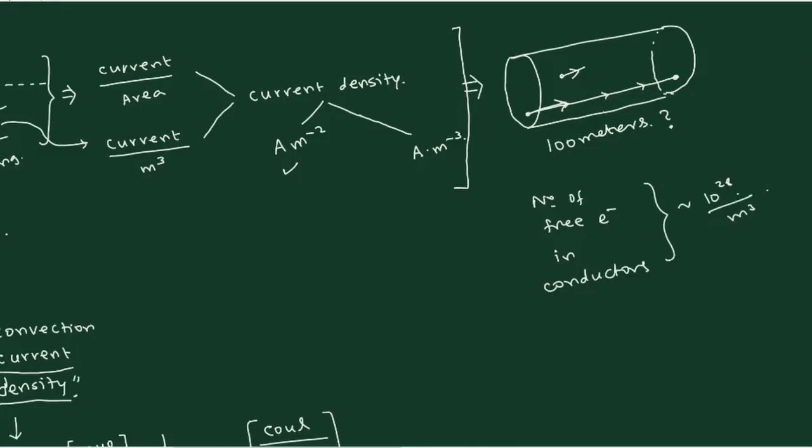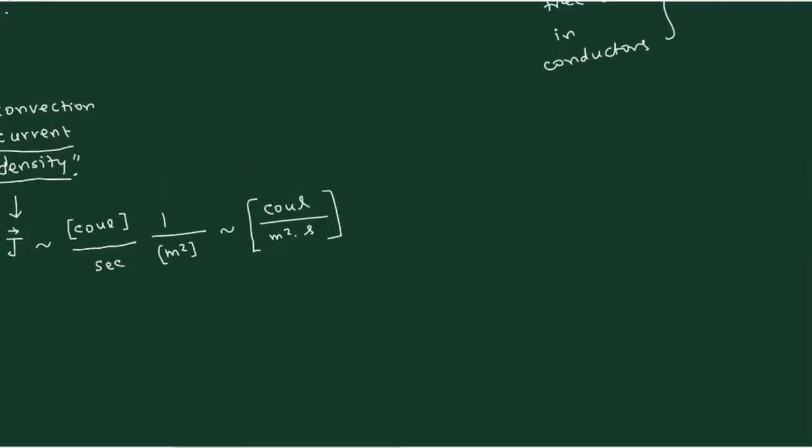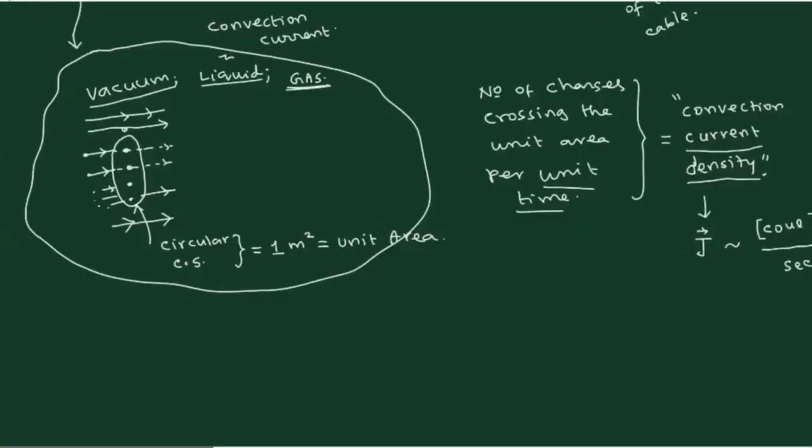So therefore, we cannot consider the same simple concept that we used in the case of vacuum. In the case of vacuum, vacuum means nothing is there. So this is the place where you have to see the contrast. In the vacuum, most probably nothing will be there, and therefore it can freely travel. And in the case of gas also, when compared to the solid material, gas is the one which has very least density.